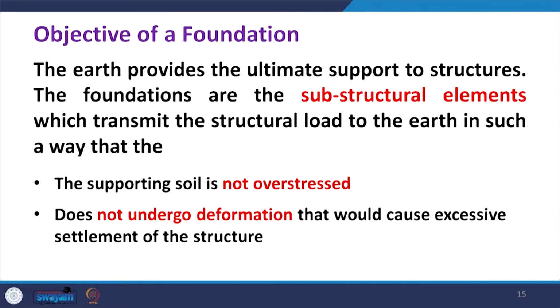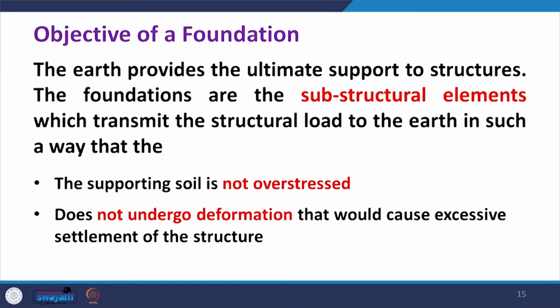We know that the earth provides the ultimate support to the structures, because ultimately whatever structures, buildings, roads, bridges, all the loads need to be transferred to the ground, that is, to the earth. Foundations are nothing but the substructure elements which transmit the structure load to the earth in such a way that the supporting soil is not overstressed. That is, in technical terms, the bearing capacity of the soil should not be exceeded,